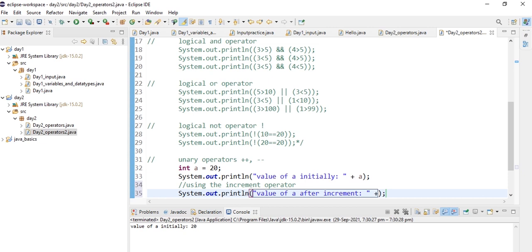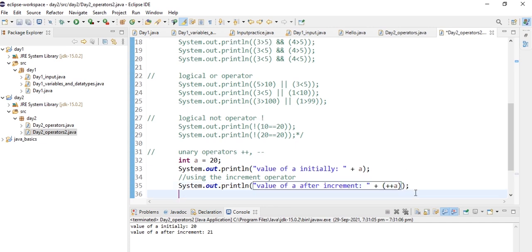That is 21. So it got increased by 1. And now let's do the same thing with decrement. Let's use the decrement operator.